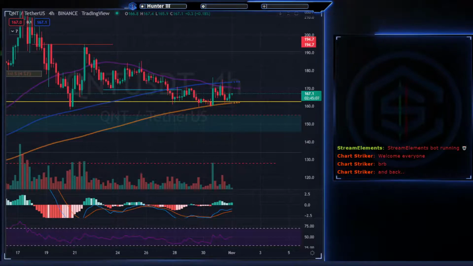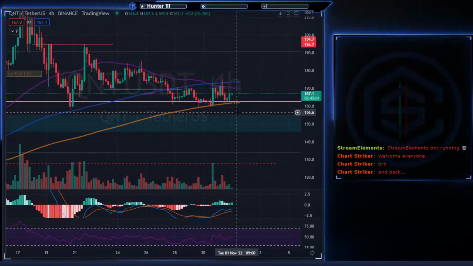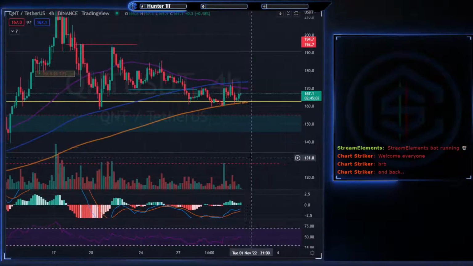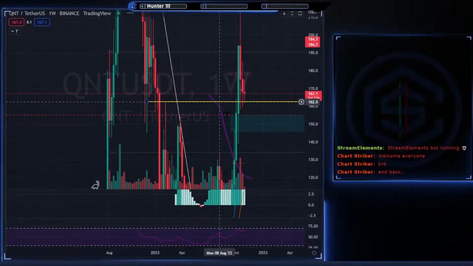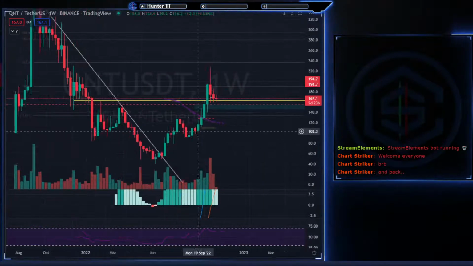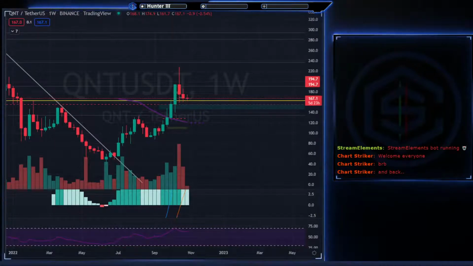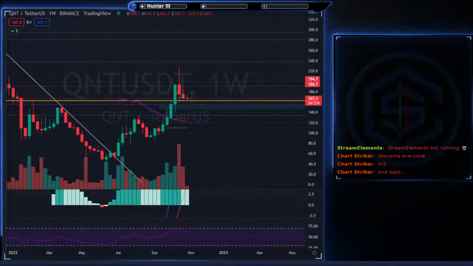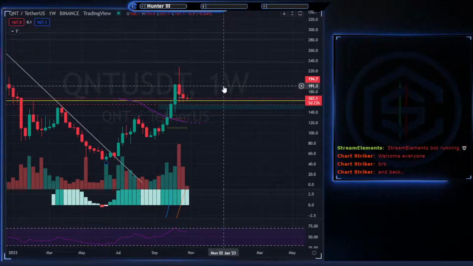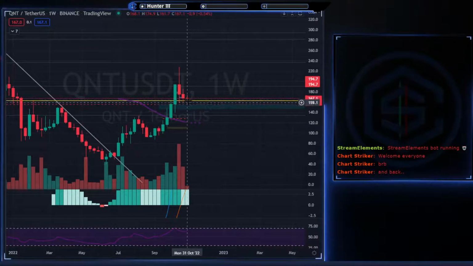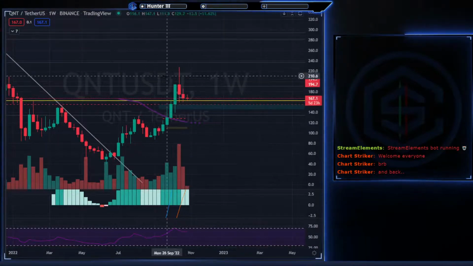But I'll take care of that after the stream, it's okay. So that's quant. Let's look at the weekly candlestick pattern. I mean, we are holding support. We are holding support. It's not looking, you know, like the best, but